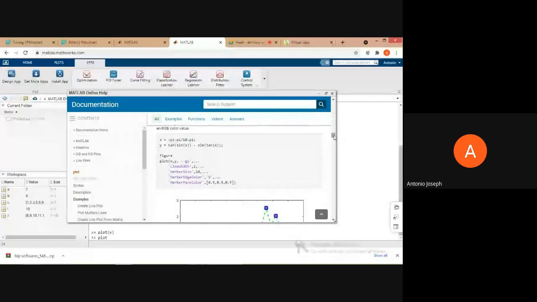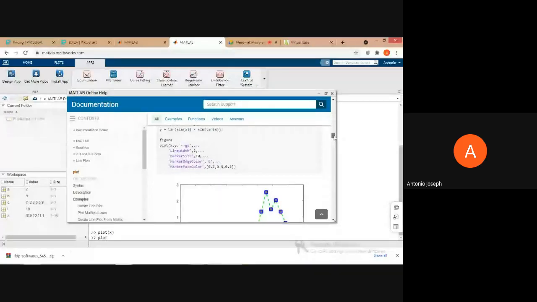Okay. Now we can specify the line width also, the thickness of the line. I think the default line thickness will be 0.5. If you want to increase the line thickness or the width of that particular line, we can specify the command as 'LineWidth' in single quotes, and we can specify the width. Here the width of the line is 2, so the thickness of the line will be high, and that can be used in our research articles and all. If we are going to paste some figures, it should have a much higher line thickness. So 2 is advisable in that case.